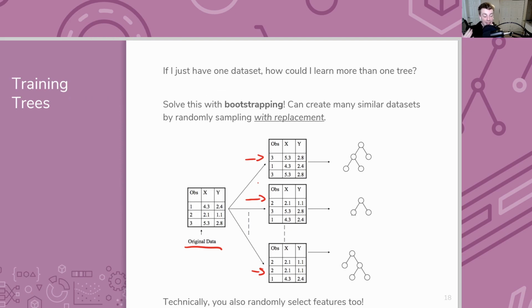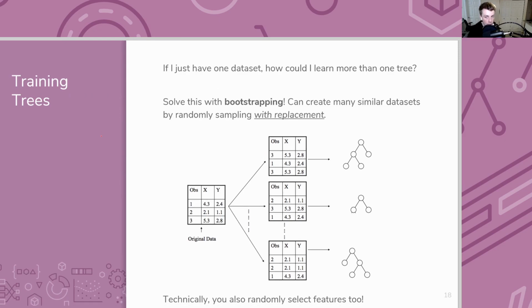This idea of bootstrapping is just make many, many data sets derived from your original one that are derived by random sampling. And importantly, you have to randomly sample with replacement. That with replacement is really important because if you were to do 3 draws from a data set with 3 rows without replacement, you would get the same data set each time. So that with replacement makes it possible so that some data points get overrepresented in some data sets and other data points get underrepresented in other data sets. And that overrepresentation and underrepresentation across different data sets will hopefully average out to a better ensemble overall.